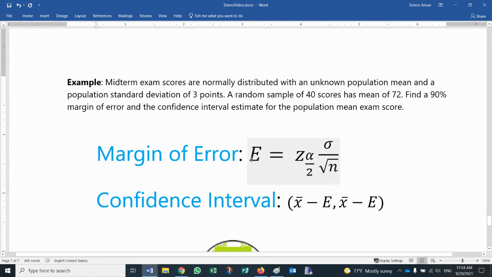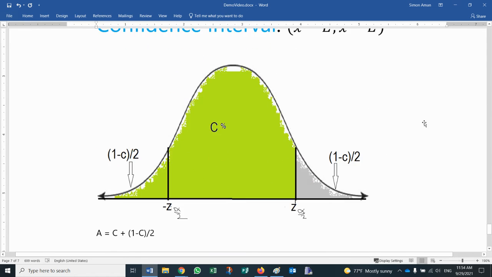Now, if we know the margin of error, then the confidence interval is found by adding and subtracting it from the sample mean. The formula for the margin of error is z alpha over 2 times sigma over square root of n. This z alpha over 2 is the inverse z, or standard normal distribution value, found by finding the area to the left, the green shaded area here, which is c, the confidence level, plus (1 minus c) over 2. So to find z alpha over 2, we can use